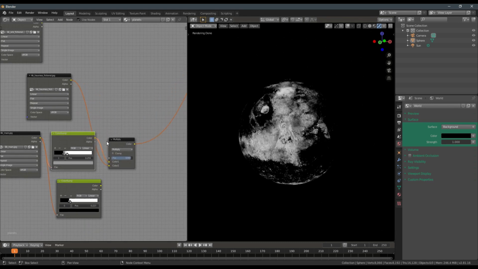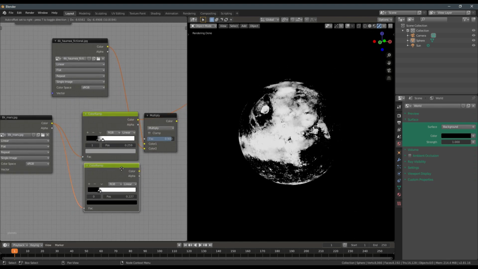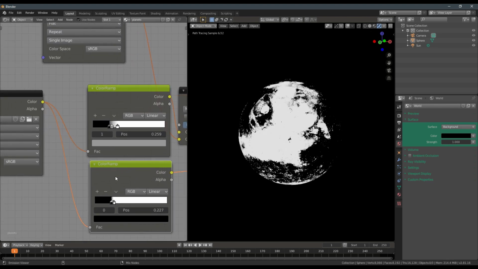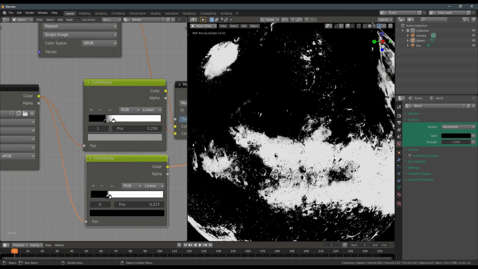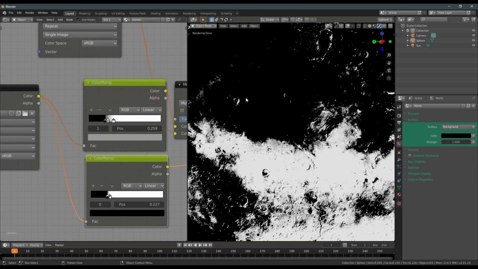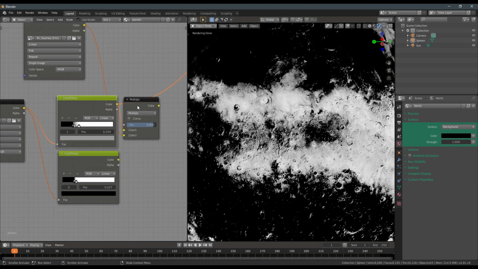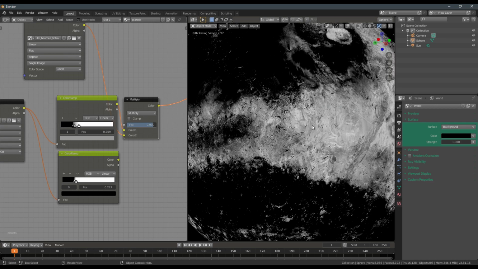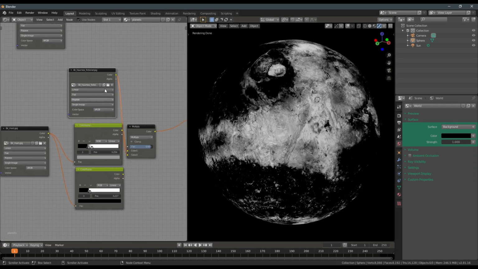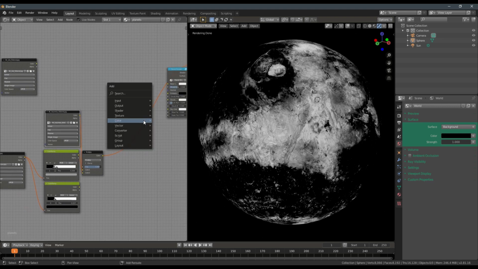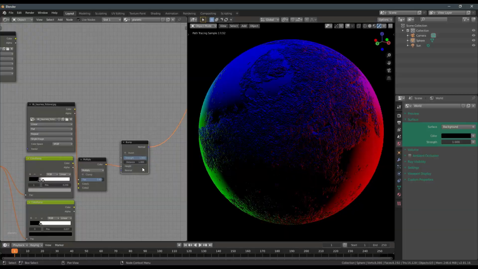So you see how that works? So we've got a couple different color ramps here. So they're both right here. They both have the black point at the same point, which is sort of where the oceans are going to be. This right here is actually going to determine where we're going to have our oceans mixed in. And this just helps to determine a little bit of the height. And we just multiply this other texture on top, and we get some more interest within the height area. And now we could hit Shift-A, we could go Vector and Bump,